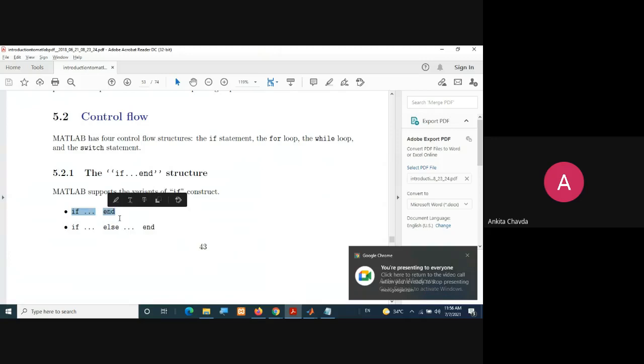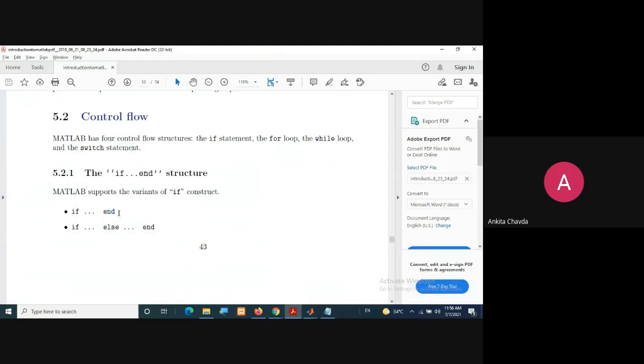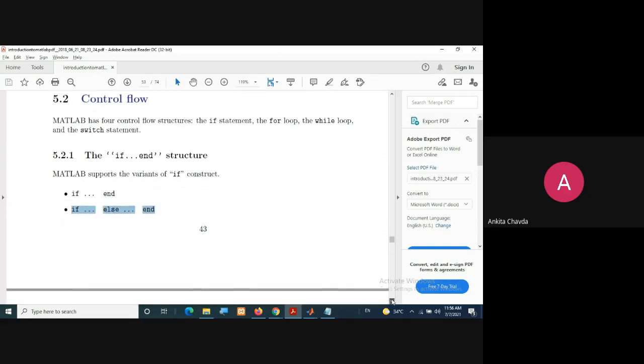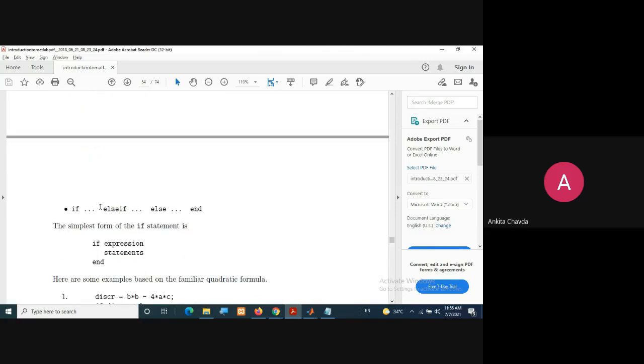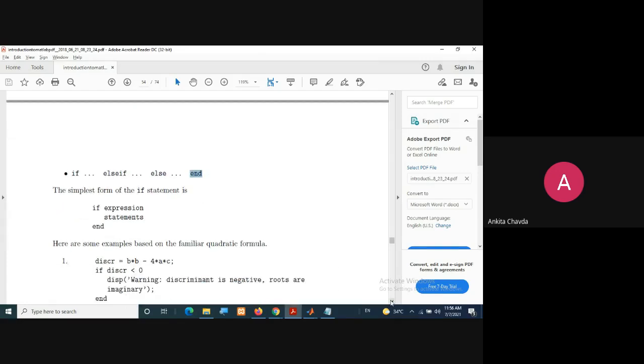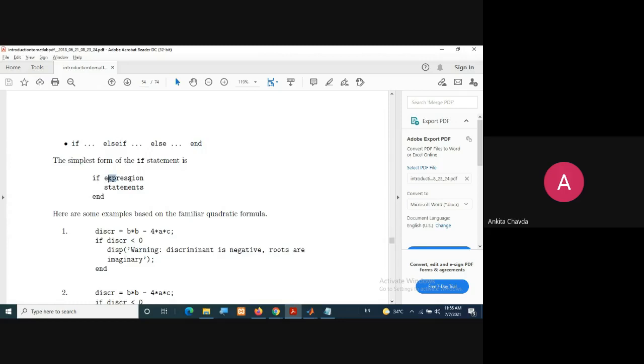If whatever the expression will be there, but at the last you will write end. If it is if else, then also you will end it. If it is if, then again the else if kind of thing is there, then you will include it, then at the last else, and at the last end. So in detail, it is like if, then any expression, then whatever statements you want to execute, and at the last you are ending your if.